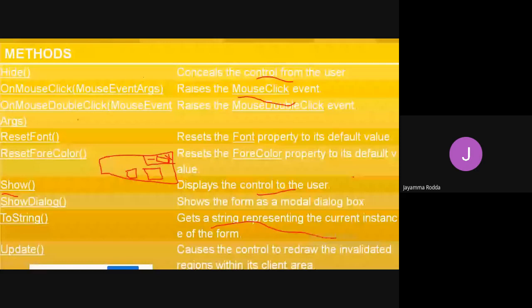So the values, the data or the controls within the particular application, will be updated using this.